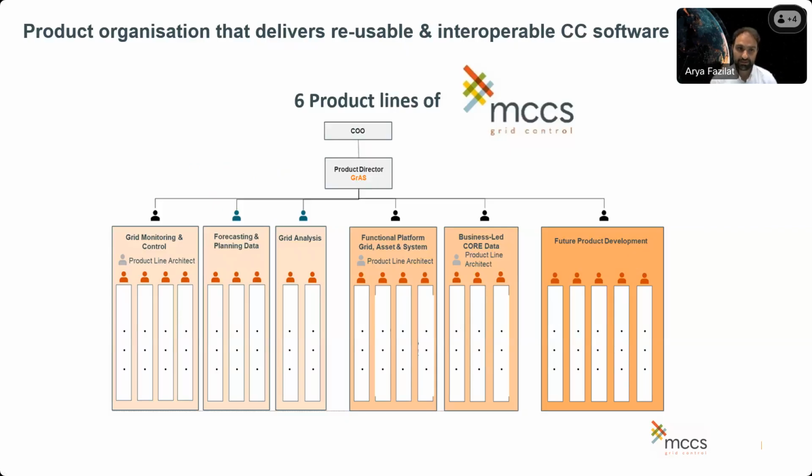These product lines are grid monitoring and control, forecasting, grid analysis, the functional platform itself, and core data, as well as future product developments. And this organization you can see in the slide is also a fundamental change when talking about the last 2 or 1 year. And given the fact that we need a strong internal basic setup for providing the functionalities of